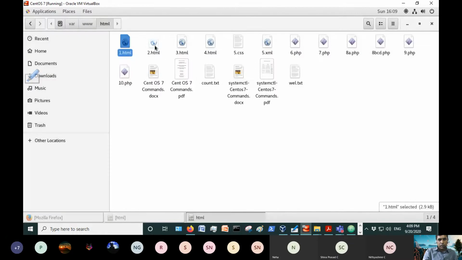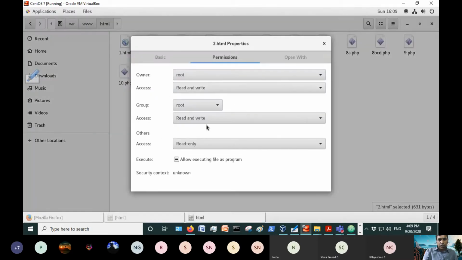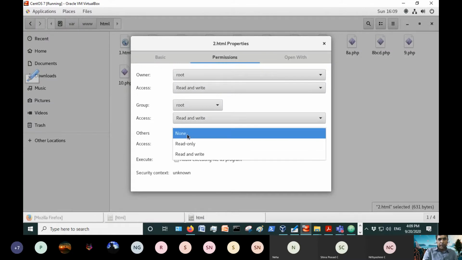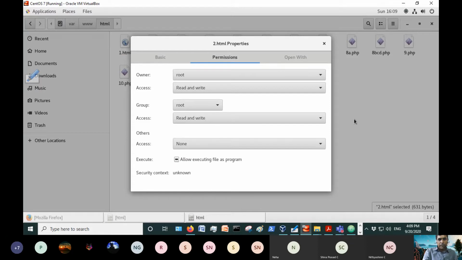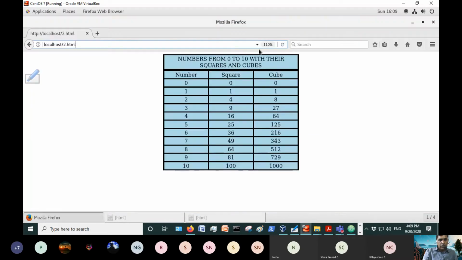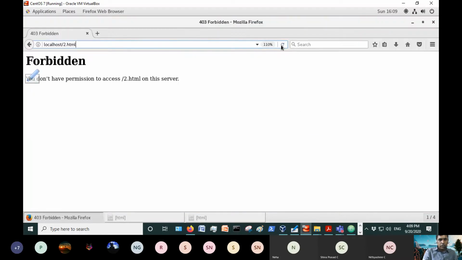For example, here also 2.html, the properties I have given are read write for group, and for others it is read only. Let me give this permission as none. If I give this permission as none and try to open it in a browser, let me refresh it.